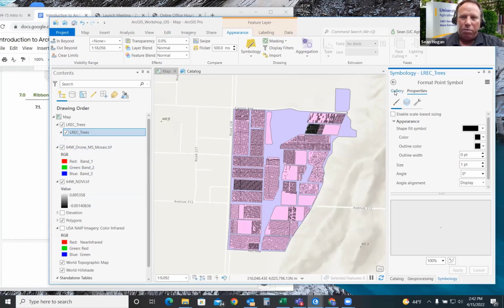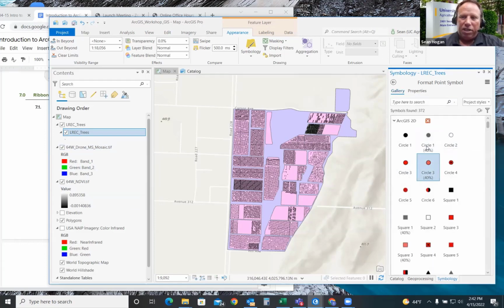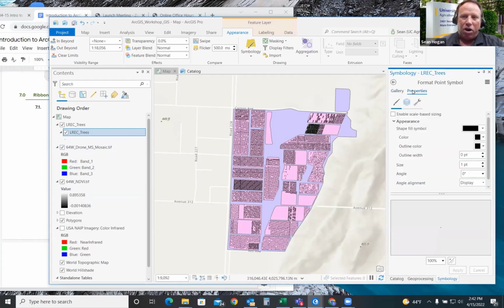You can also play with some of the other options in here if you want, or the size of the properties or colors for that matter. Key thing though on creating your maps is just look for contrast. Sometimes black will be good if it's overlaying a color, but if it's overlaying a shaded area or, say, a true color image, it might not be the right option. Mapping is largely contextual. But for now, we can just leave this the way it is.